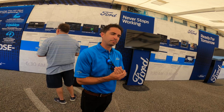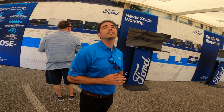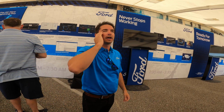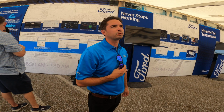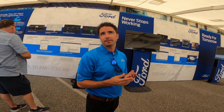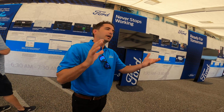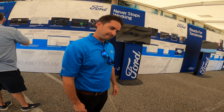So those range estimates, are those with a load in the bed? They're not loaded. It's basically the EPA 5 cycle test. I don't know exactly how much weight they would consider with full occupancy, so that may be where the 1,000 pounds comes from. But I know from one of the Ford marketing folks that was with us a few cities ago, he said it wasn't pulling or hauling anything. It was just done according to the same 5 cycle EPA testing that they would do on internal combustion. So it does take inclination and weather and various things into consideration. So I'm sure people will be able to get better. Some people find a way to get worse for sure. Right, just like there were videos that escaped early on when people were driving around in an